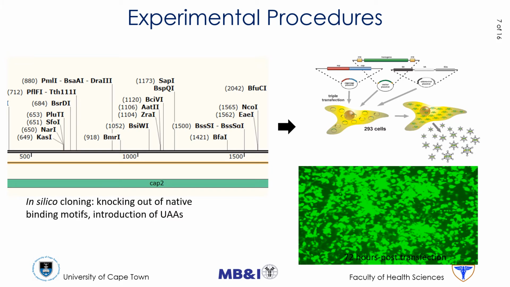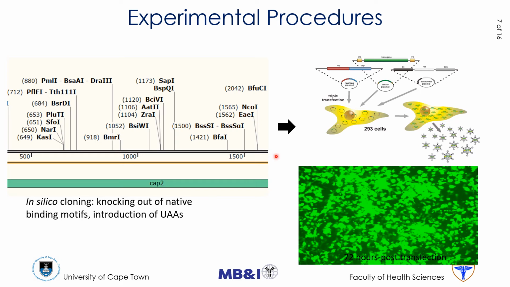As such, I will now go through my experimental procedure to date. To date, I was able to knock out the native binding motifs on the adeno-associated virus such that once it is delivered to in vivo models, immunogenicity, which has been the major hurdle of such viruses, will be eliminated.